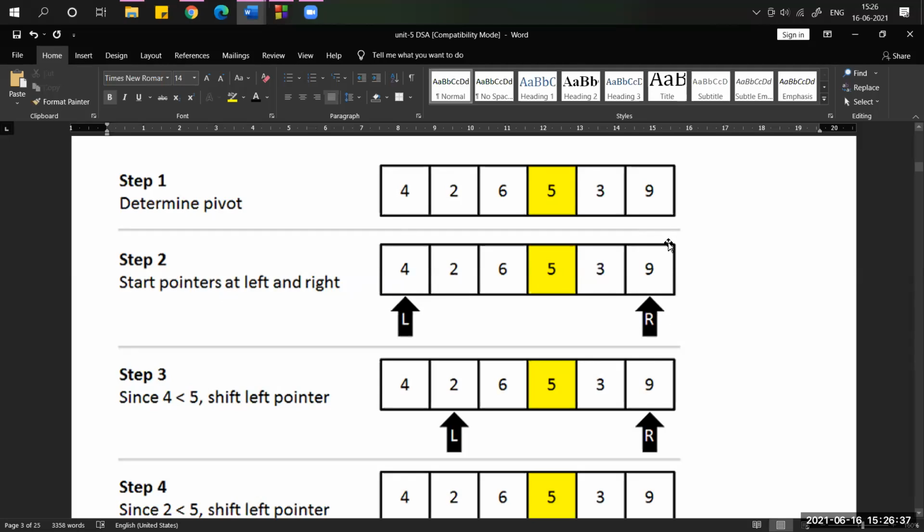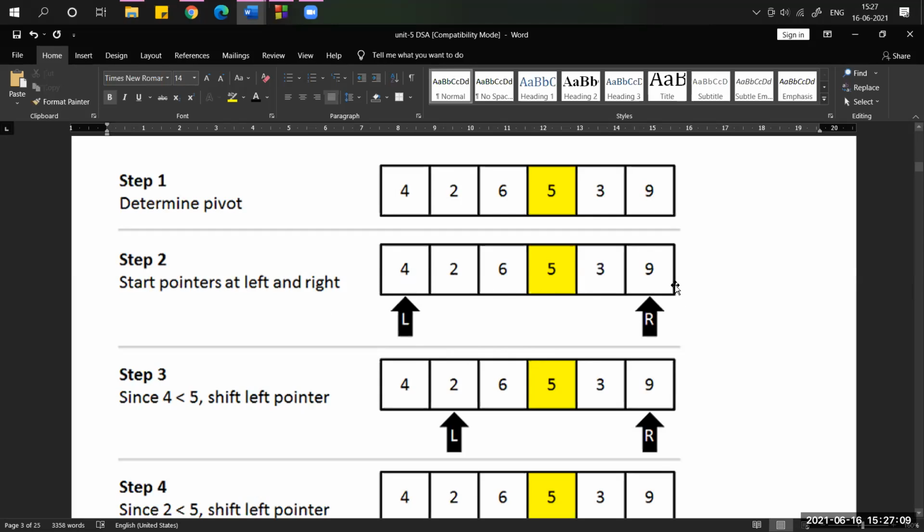So the highest index number should be pointed to by the high variable. You can take the variable names whatever you wish. Now here in this figure I'm just taking the left pointer and the right pointer. The left pointer should point to the 0th location, or lowest location. Next, the right pointer should be placed at the highest position, or the n minus 1th location.